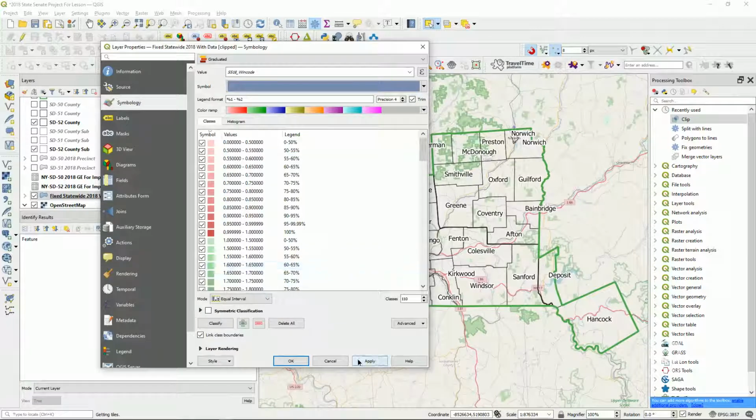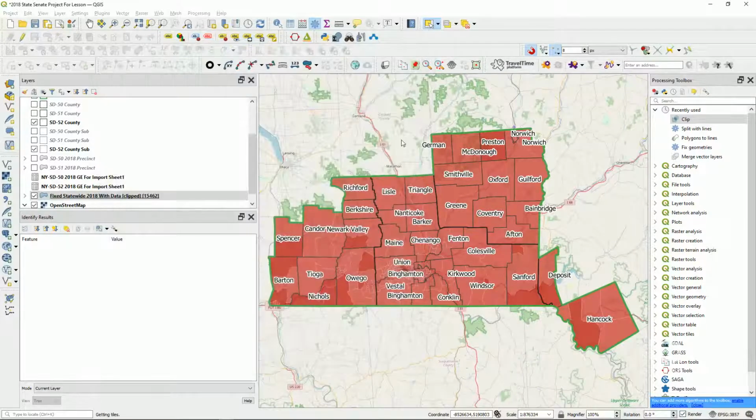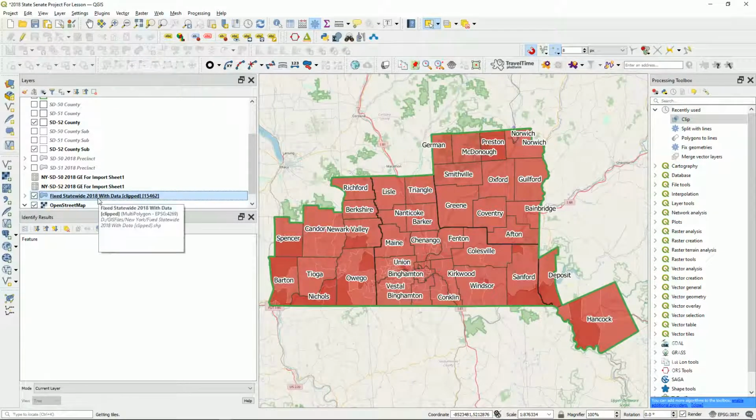Symbology should work. It's what it's called. Hit OK, and eventually this map should color in, and it just did. Good. And it's colored in correctly. It's all red because it was on the Republican, but that's what happened. So then what I do is I hit F3,